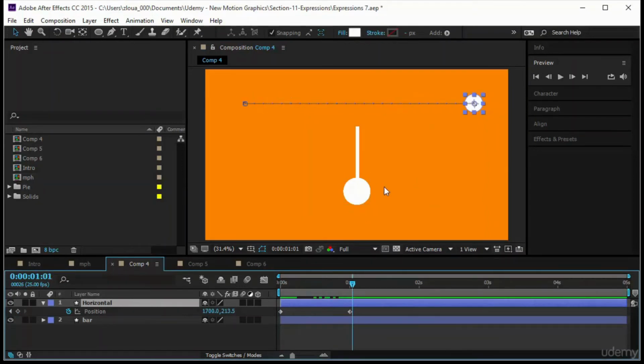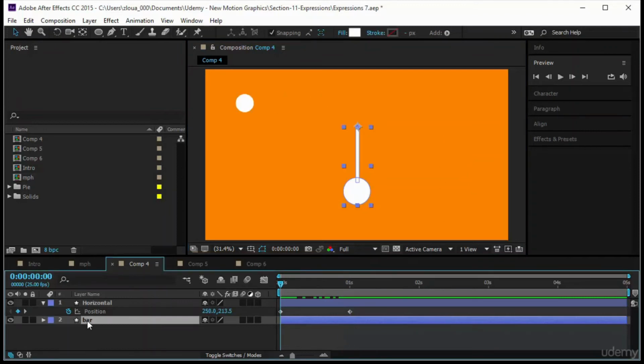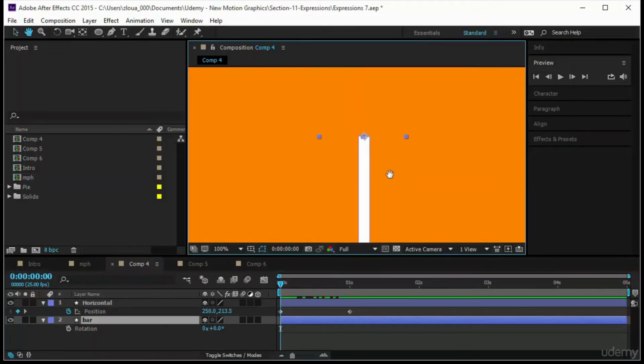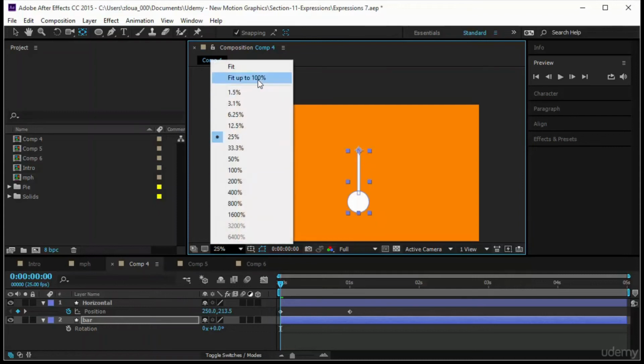Now I don't want to do keyframing because I might add several of them, make something nice, or just complicate things later on. I want to use the minimum keyframes, and I want to have expressions that are very easy to be changed. So how do I do that? That's very easy. Let's go to bar. Let's open rotation because it's going to rotate. Notice I put the anchor point on top. That's okay. Let's adjust it even more. It's okay. It's not bad. It is just over here. Yeah, cool. Then from rotation,